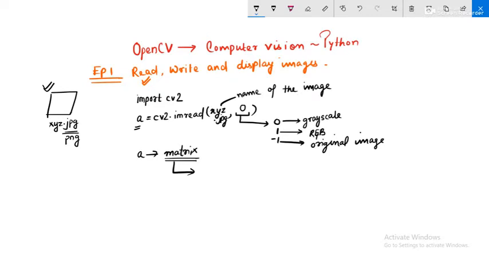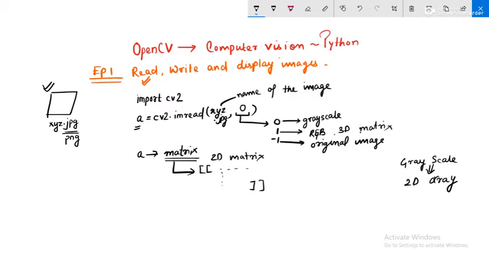In grayscale, an image is basically a two-dimensional array. In case of 0, that is a grayscale image, the variable a will be a 2D matrix. In case of RGB, it will be a 3D matrix. Just remember this thing.